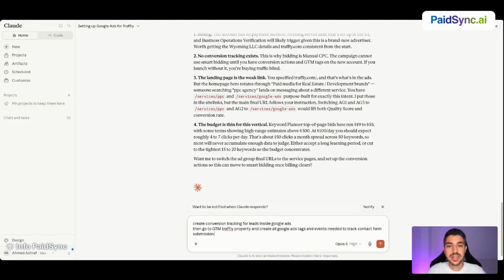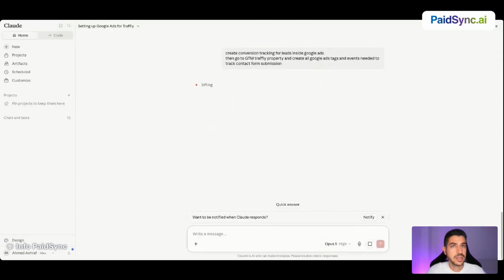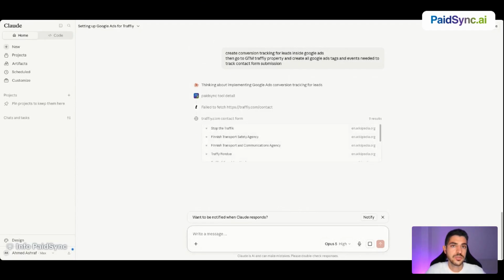I may not have a data layer. I'm just gonna let it ignore this data layer part, since data layer would require a developer, but the event itself